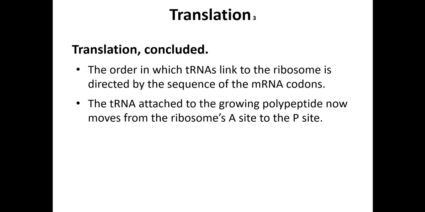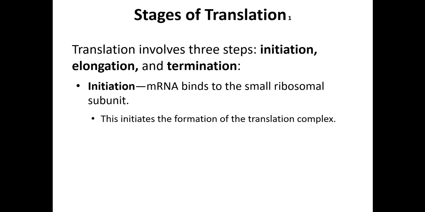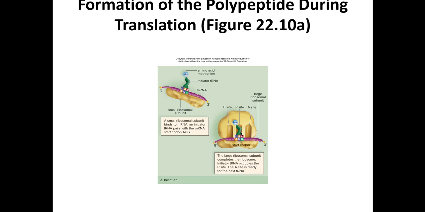The tRNA is attached to the growing polypeptide now and moves from the ribosome's A site down to the P site for polypeptide. Stages of translation. Translation requires 3 steps. During initiation, mRNA binds to the smaller of the 2 ribosomal subunits. Over here is a picture showing you that. You can see the machinery of the small ribosomal subunit, the large ribosomal subunit on top, and the E, P,